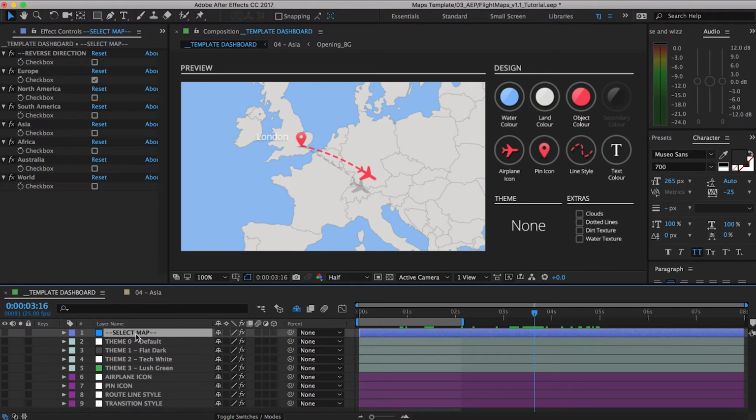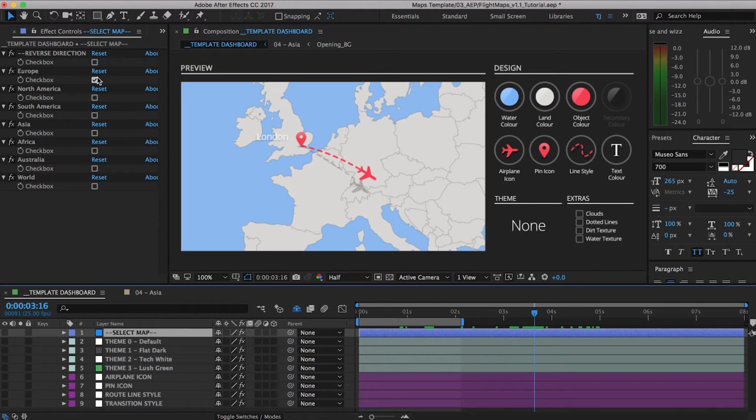Okay, so let's get in and try to create an animated map from scratch so you can see how to use all of these features. This will also demonstrate how to adjust your two city positions, change their names, create a new route, and attach the airplane to it. For our example, say I want to use Europe,